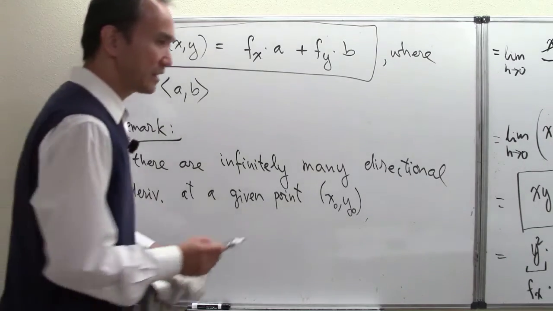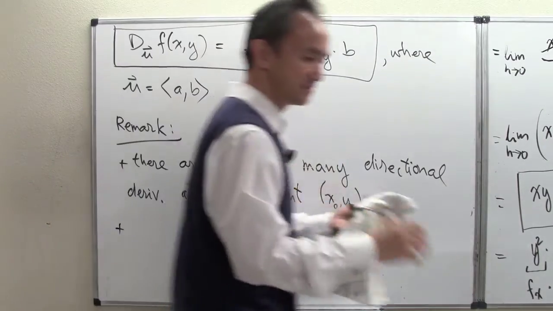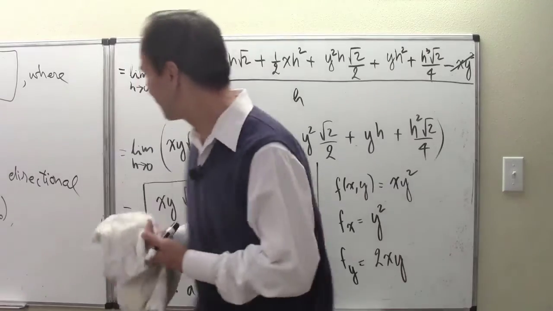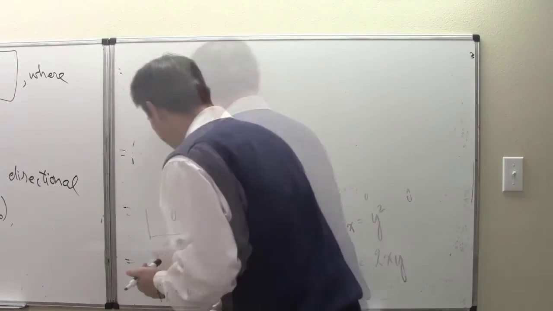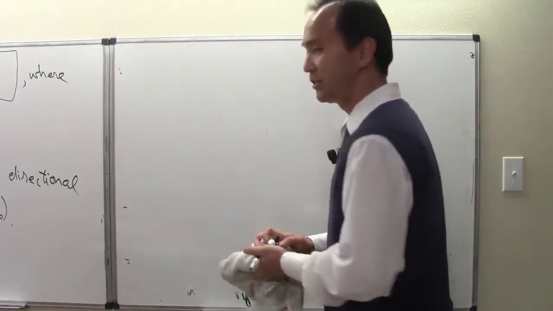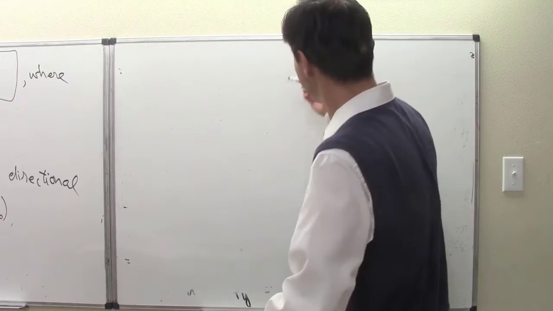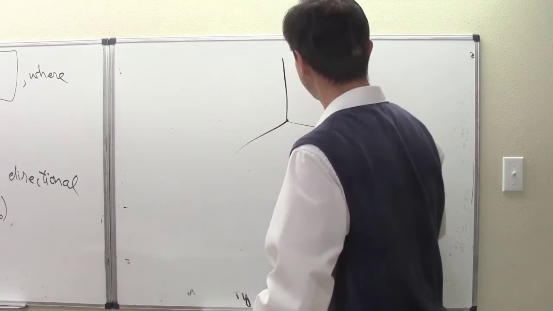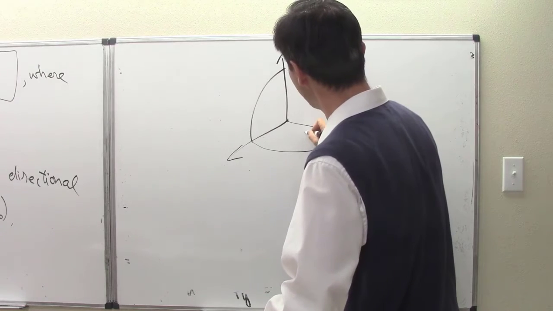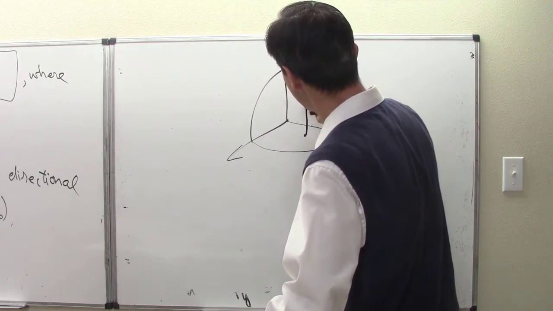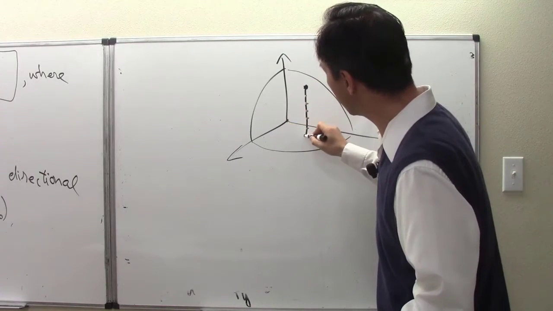Wait a minute. If we're looking at a picture, let me now bring up a picture. You have already agreed with me up to this point that there are infinitely many directional derivatives for any function at a given point. Okay, I'm trying to make dots right here. Then, wait a minute. Now all of a sudden I realize, hey,